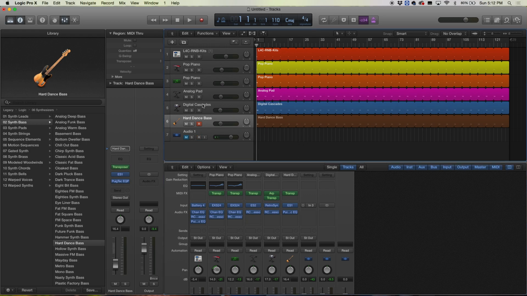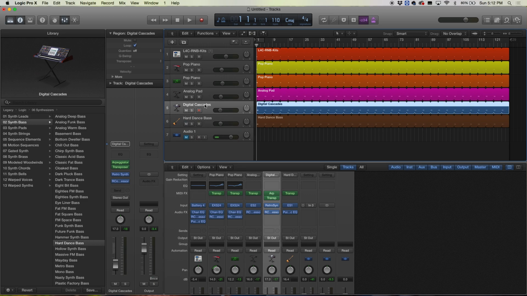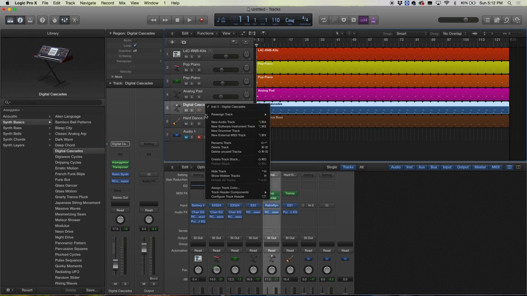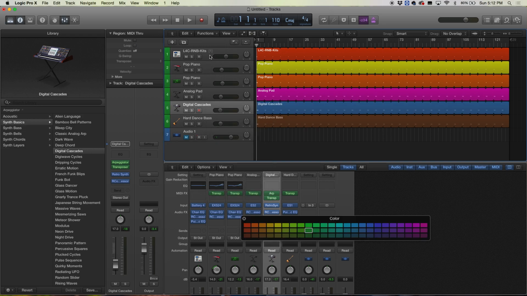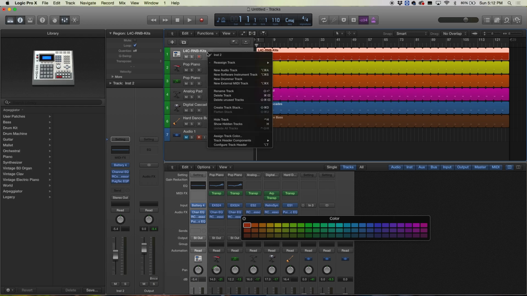All right. The other thing too, you can always right click and then change these colors if you are one of those that like to look pretty. So you can just say assign track color, okay? And then once you do that, just come here. And when you go to, where is this thing at? Right, so when you come here, no,